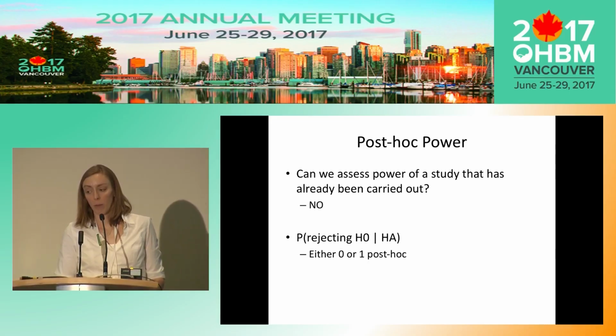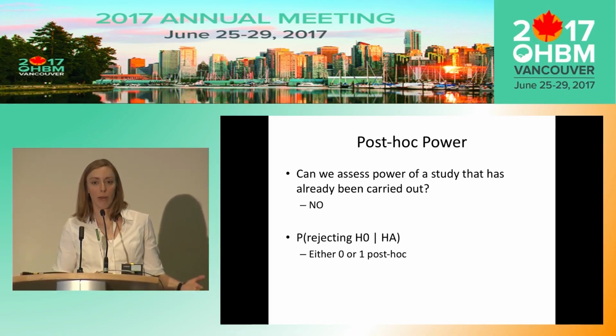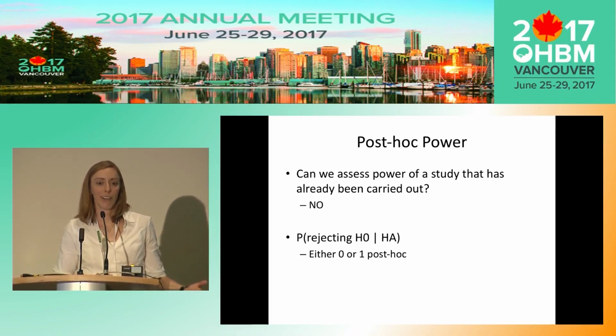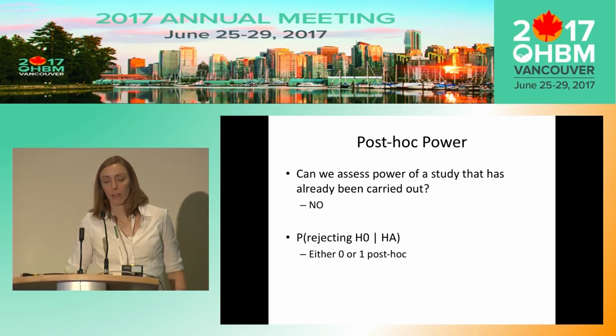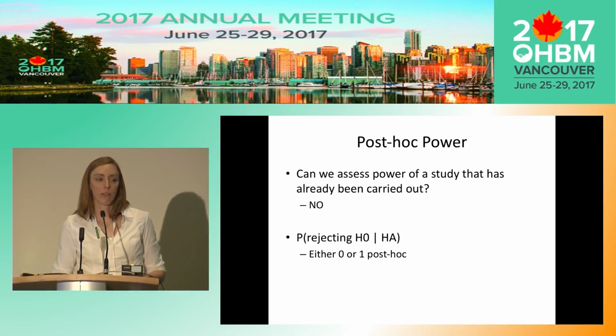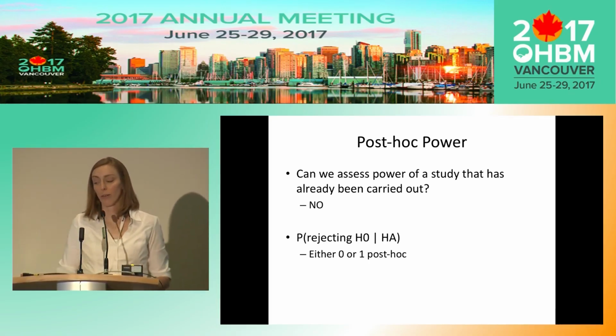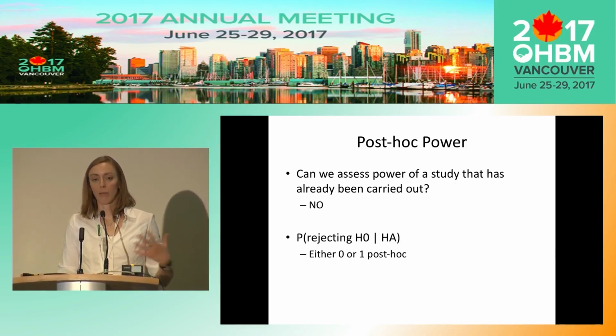And the reason it doesn't make sense is because the definition of power is the probability of rejecting the null hypothesis given the alternative is true. So let's just look at the beginning of that statement, the probability of rejecting the null. Well, if you just ran your hypothesis test, that probability is 0 or 1, right? You either did reject the null, so 1, or you didn't, 0. So, of course, we don't know if the alternative is true or not, but there are different ways of looking at it to show that post hoc power doesn't make sense, but I think that's the simplest one. It's a probability. It's referring to a bunch of tests, not just a single test.